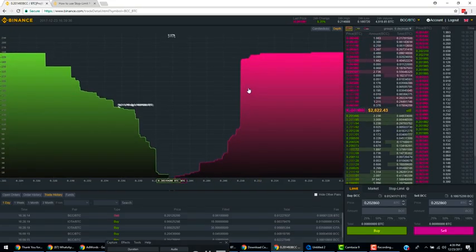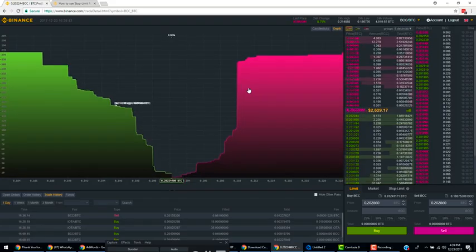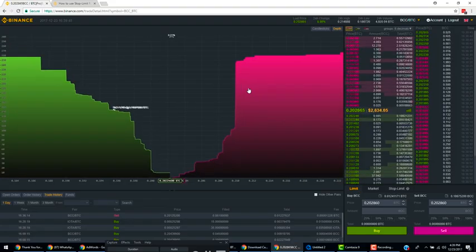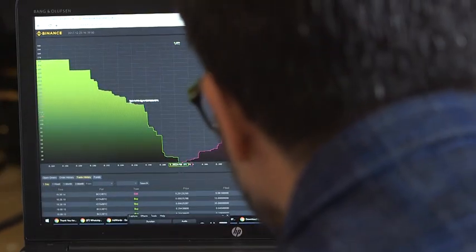So that's going to be the supporting wall in the sell. That's about how much we'll be able to smash through as soon as these buys eat up. So the sell wall is right at